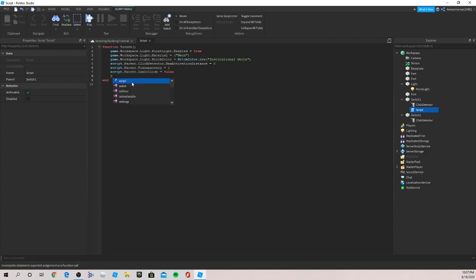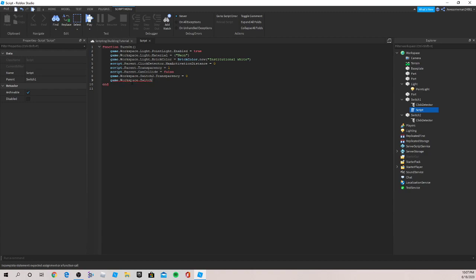So write game.workspace.switch2.Transparency equal to 0, making it visible, and game.workspace.switch2.CanCollide